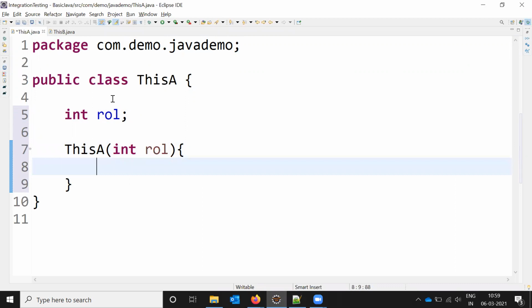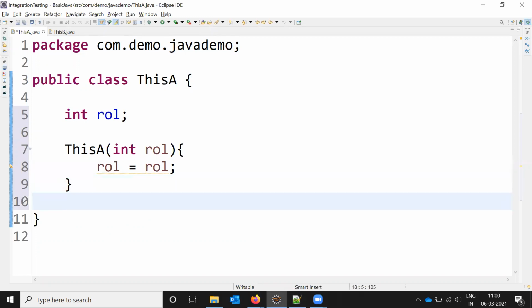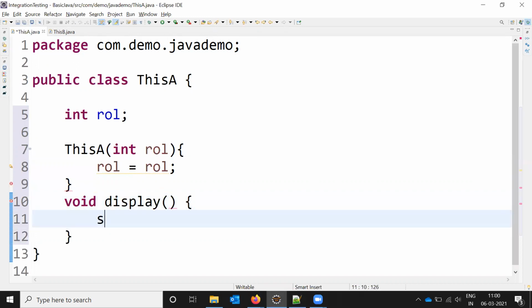First we will see how it behaves the normal way, without using the this keyword, and what output it will display. I'm going to create a display method and print the value of roll, without using this keyword.